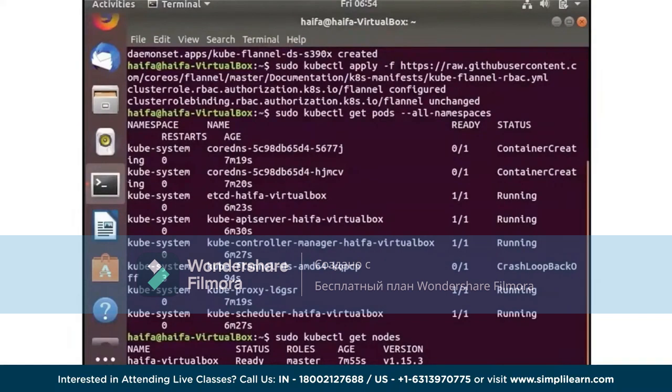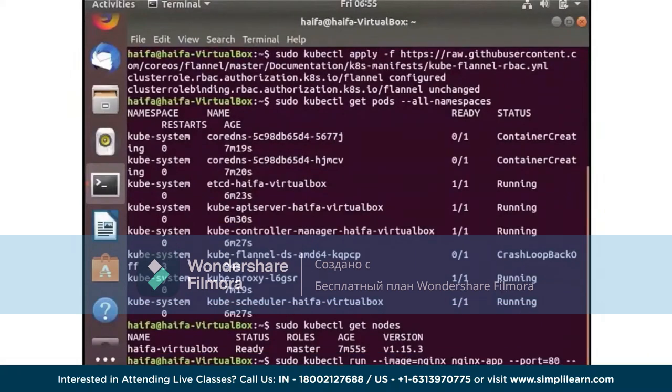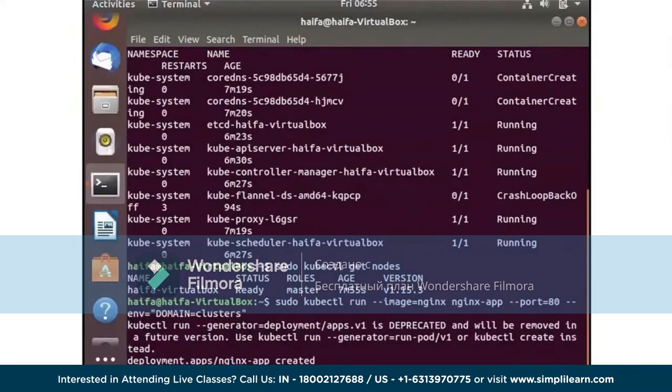And we're going to do that with the command sudo kubectl run --image=nginx. And we're going to put this into port 80. So it's going to be nginx-app --port=80 --env="DOMAIN=cluster". And we're going to write one more command, which is sudo kubectl expose deployment nginx-app --port=80 --name=nginx-http. And once we've done this, we'll be able to then run the command to actually see our